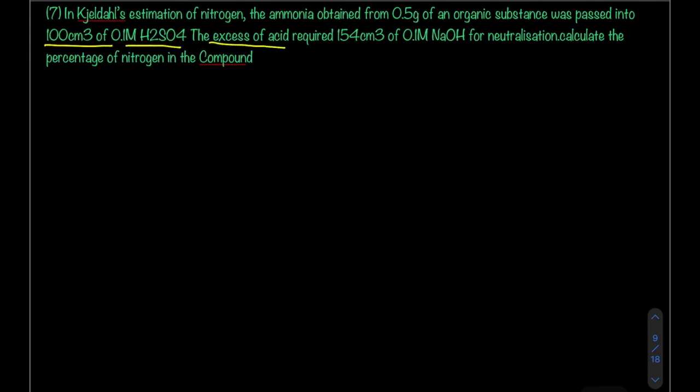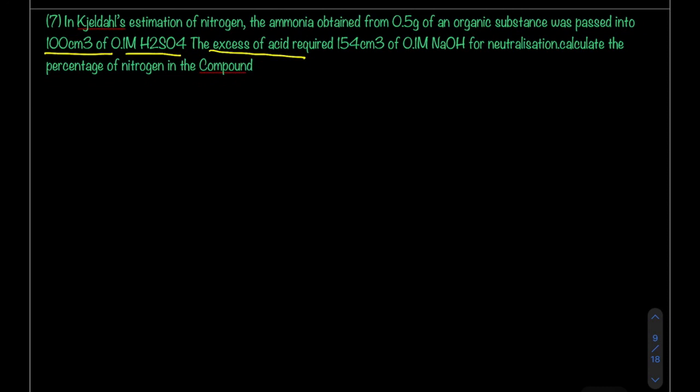Sulfuric acid, 100 ml of 0.1 molar, is given. It is in excess. The question here is about excess acid. So first of all, we have to calculate exactly how much acid is required for the neutralization of ammonia. For that purpose, I am writing: number of milli equivalents of acid will be equal to number of